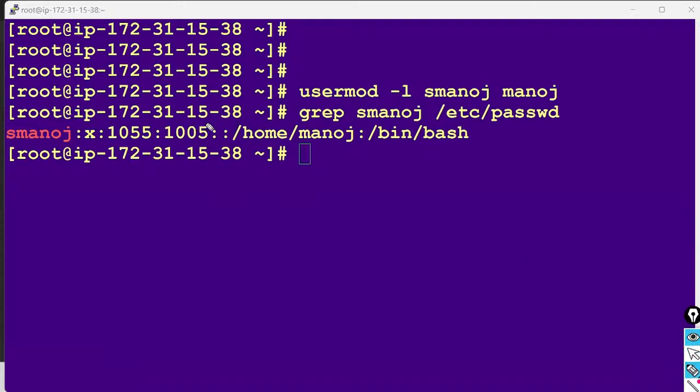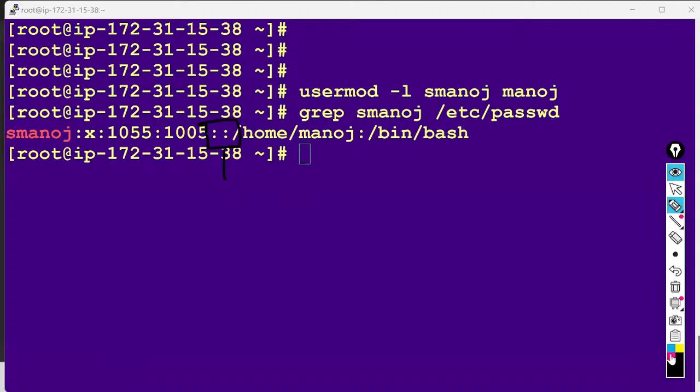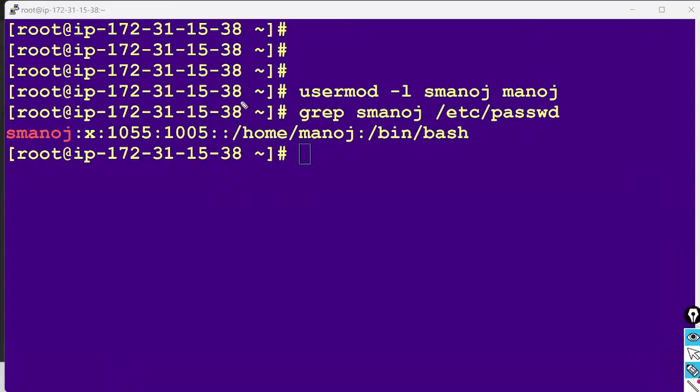This is a column. Now observe carefully. There is a colon, and nothing is there.